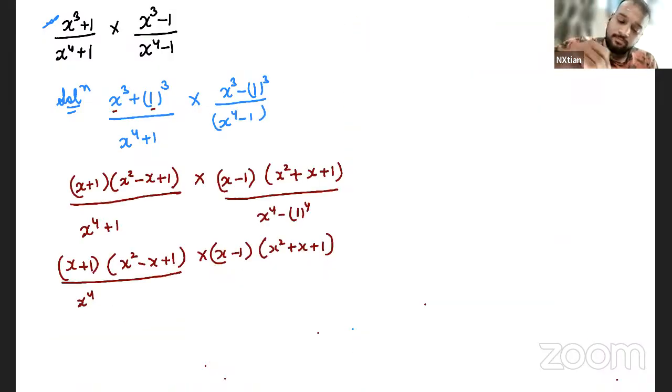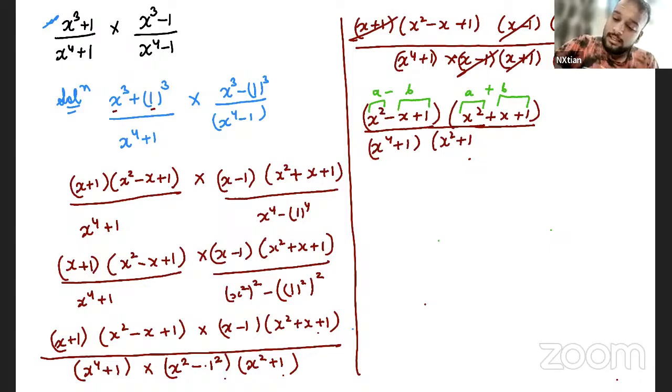So what will I do? I'll now what is the property of that? A square minus B square. Yes. So what is A square? A square is x to the power 2 plus square minus b square, which is x plus 1 the square upon